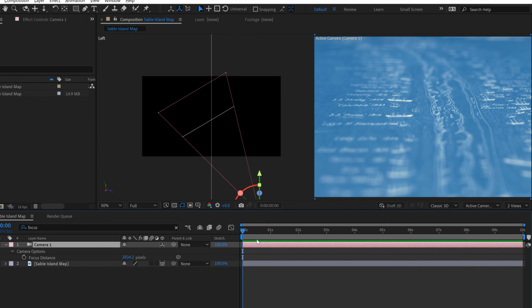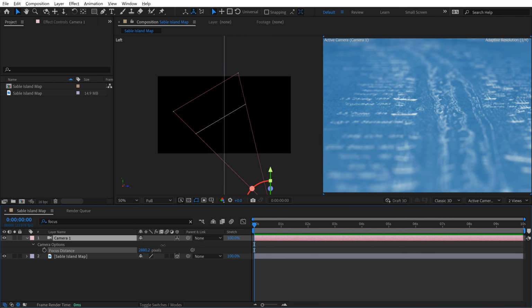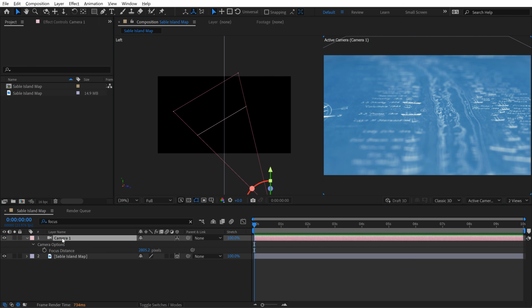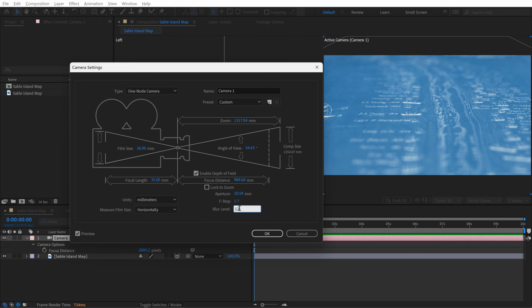If we just go ahead and go with this, now watch what happens as I move the focus distance. You're going to see it moves like this. So this is one quick way that you could do a rack focus animation, is just by animating this focus distance. This looks pretty terrible, so I'm going to go back, and we want to set the blur to maybe